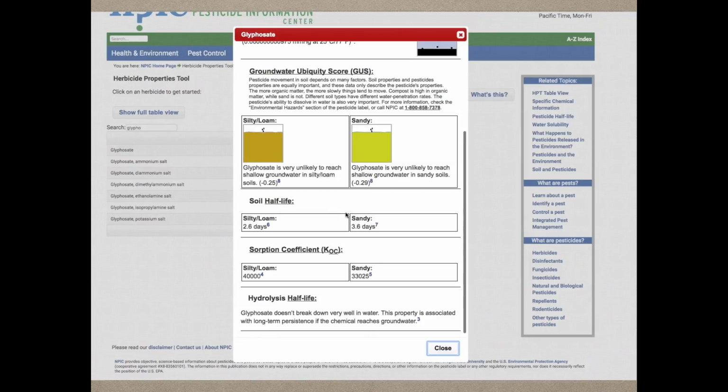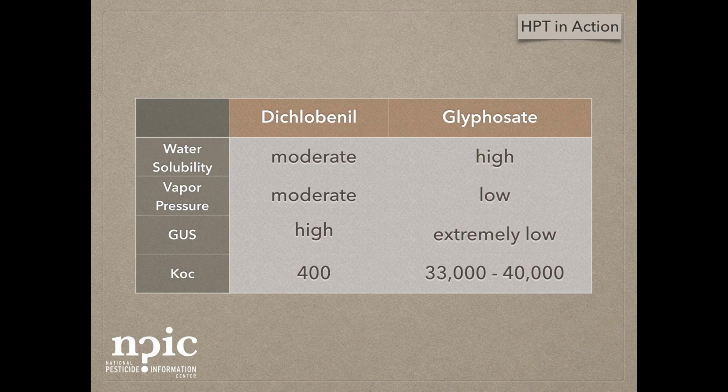Okay. And so just to recap some of the information that we looked at, I didn't go into detail on the numbers there, but here we can compare them, much like you might if you're writing this down as an individual looking through the app. So diclofenac has moderate solubility in water, moderate potential to volatilize, high potential to leach or move toward groundwater in an unspecified soil type. That was based on that GUS value, and has a KOC of 400 compared to glyphosate,